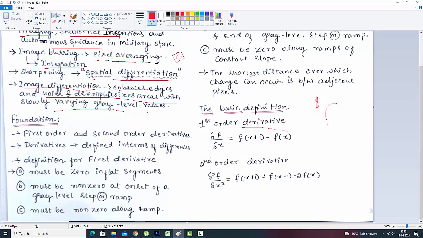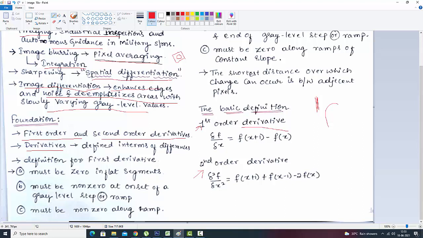Some of the things we will see in animation, we will see in the figure also. In the next image, an example will be shown of the two orders of derivation. The first order derivative, I think you all know: delta f by delta x, and delta square f by delta x square. So these are the first order and second order derivatives we have to find out.